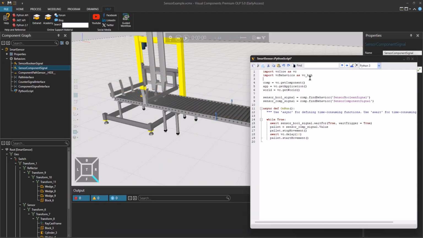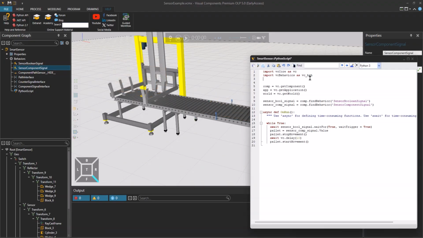Now we can add some smart logic to the script. Let's import the random module. Let's have a 30% chance of having a failed product. So we can write the if statement.